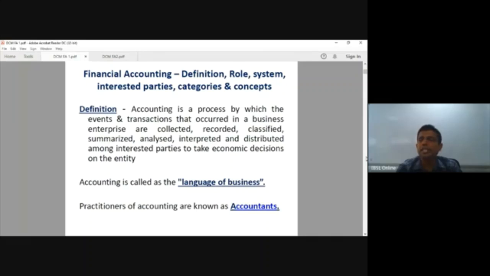There are minor changes as far as accounting is concerned. If you take country to country, there are a few minor changes happening, right? Because all accountants all around the world are doing accounting based on the accounting standards. There is a set of standards you have to follow, right? And that is the basic definition of accounting. Then we'll go to the next thing.